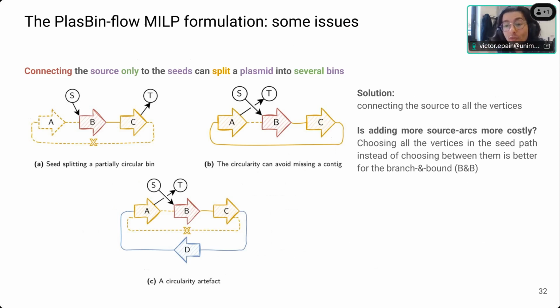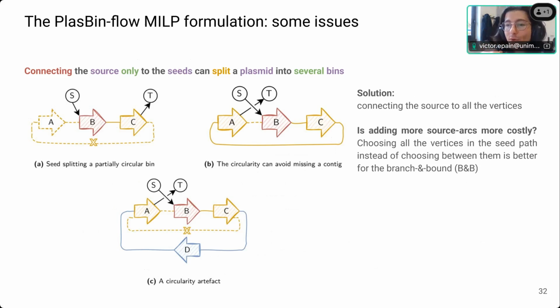And the branch and bound is using bounds to decide if it's a good idea to explore a branch or not. You have a lower bound of what you can expect of the objective function, and you have an upper bound. And if these two bounds are the same, it means that you reach the optimality and you stop.